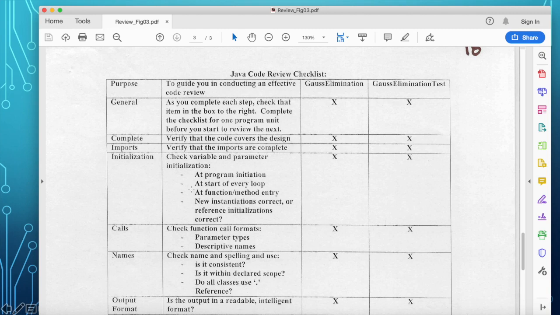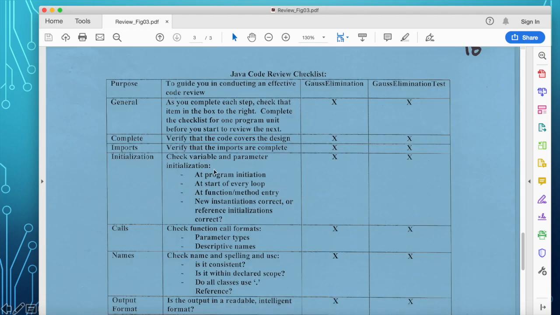So we use this in doing a code review for Gaussian. We were doing Gaussian elimination and Gaussian testing of matrix. So here is the checklist for Java code